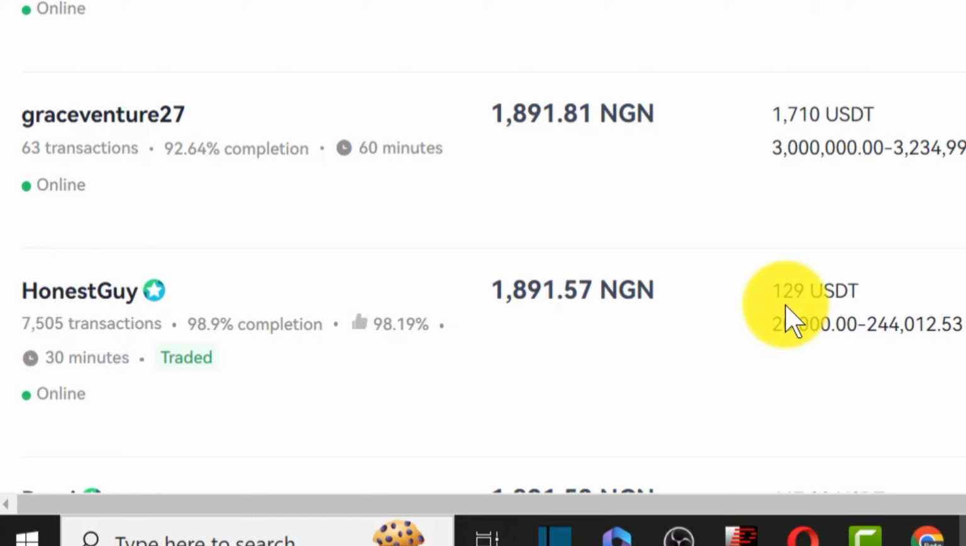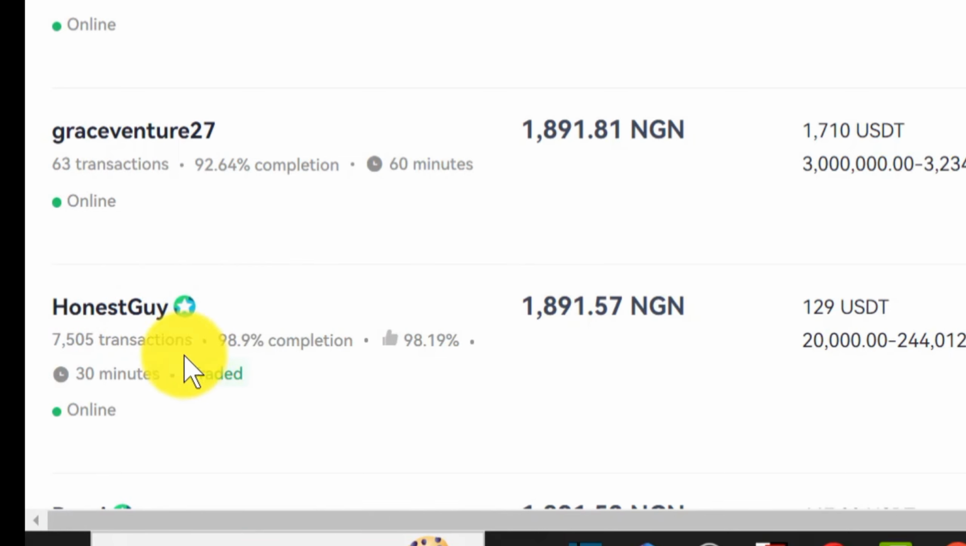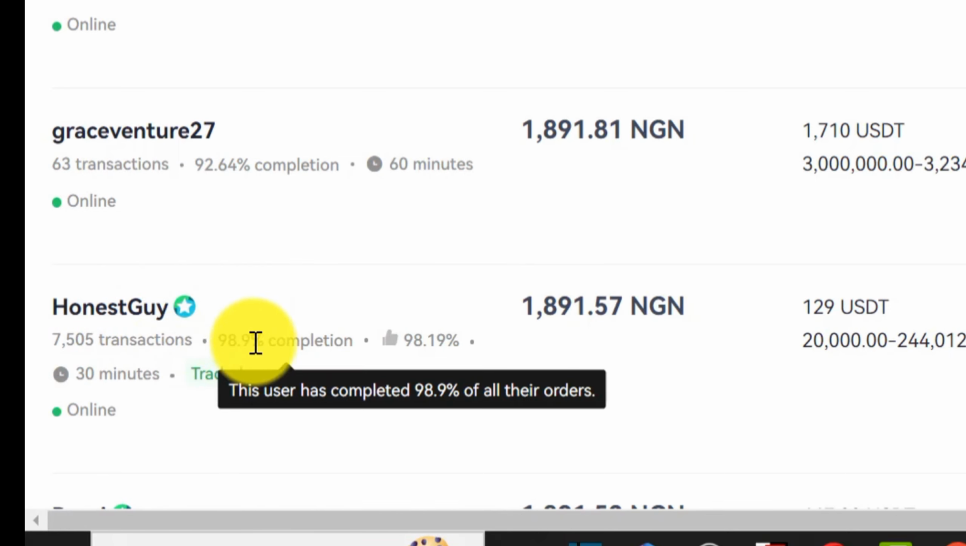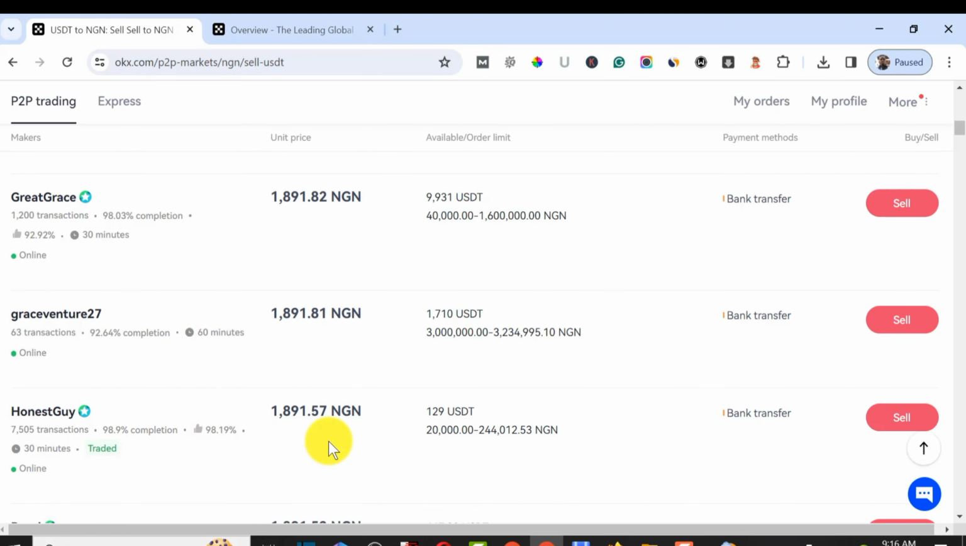So this person is selling 129 USDT. So we can actually sell to this person because, as you can see, the rate is 20,000 naira to 244. This person is a super merchant and has a 98.9% completion rate and like 98% review. So this person is a good person to trade with, and especially is online. So we are going to click on sell over here,